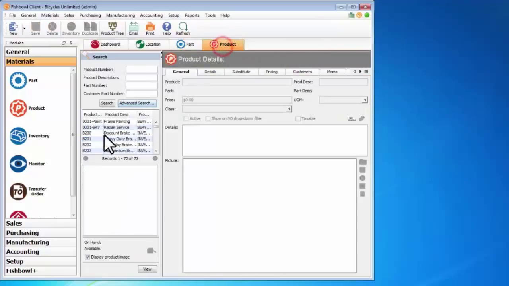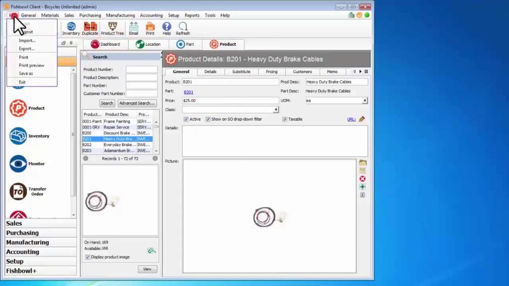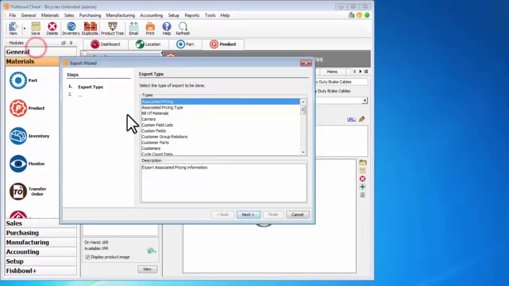Also, I have a B201 product. And for more information on part and product and how they're different and what the differences are, go ahead and take a look at our part and product video. But here in the product module, I've got my product number, my price, my details, another picture. And so when I export this file out, File, Export,